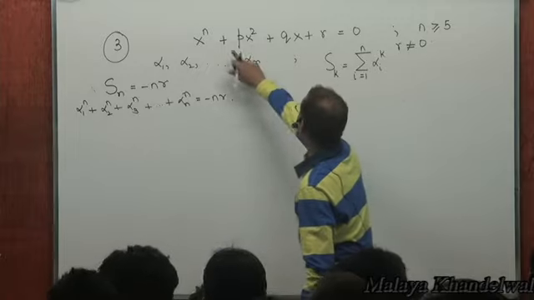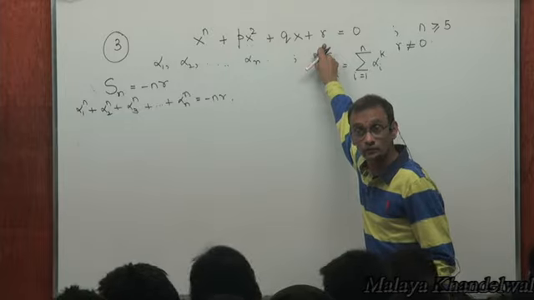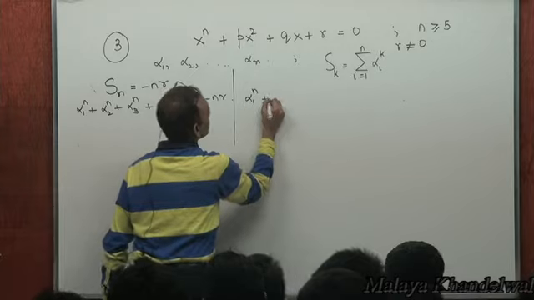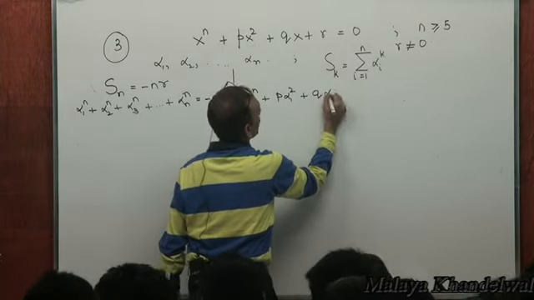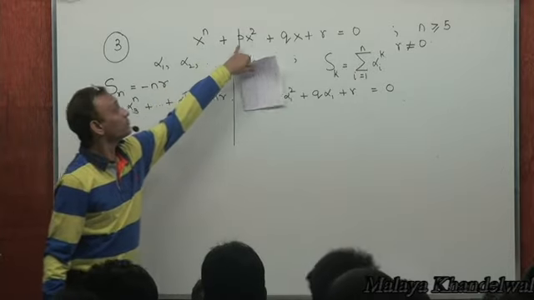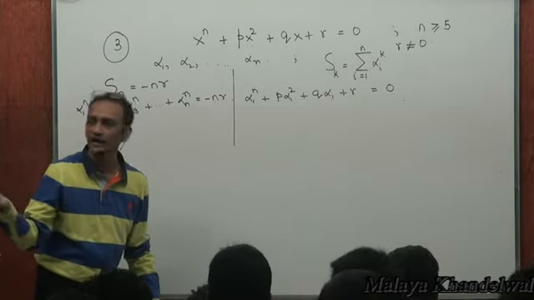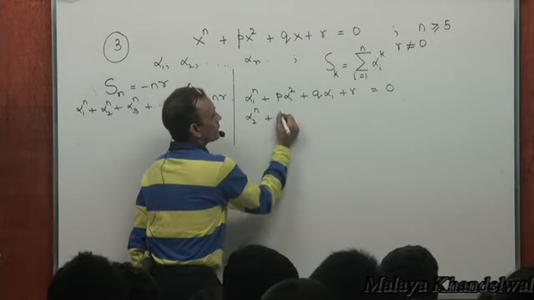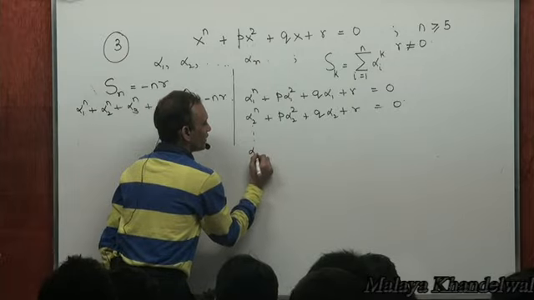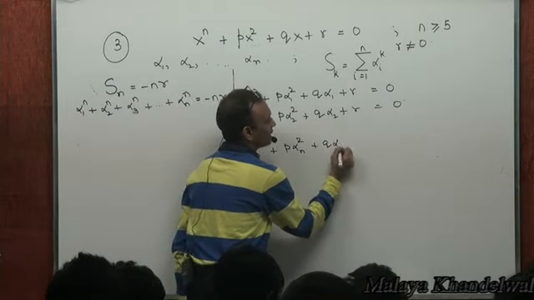Now alpha 1, alpha 2, ..., alpha n are all roots of this equation, and therefore will satisfy this equation, yes or no? Yes, so if alpha 1 satisfies this equation, then alpha 1 to power n plus p times alpha 1 squared plus q times alpha 1 plus r must be 0. Same for alpha 2: alpha 2 to power n plus p times alpha 2 squared plus q times alpha 2 plus r is 0. And going this way, alpha n to power n plus p times alpha n squared plus q times alpha n plus r must be 0,